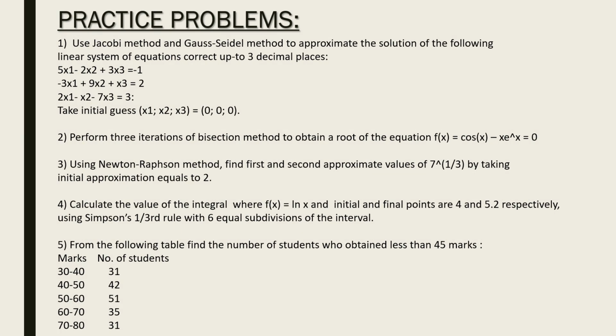Okay, so I have provided some sample questions for you all to practice. Like this question is regarding the Jacobi iteration or Gauss-Seidel iteration, so the concept taught there will be kept in mind here. This can be solved using the bisection method, so the bisection method will be helpful in this question. The Newton-Raphson method will be helpful in this question. And in this question, Simpson's 1 by 3 rule will be applied.